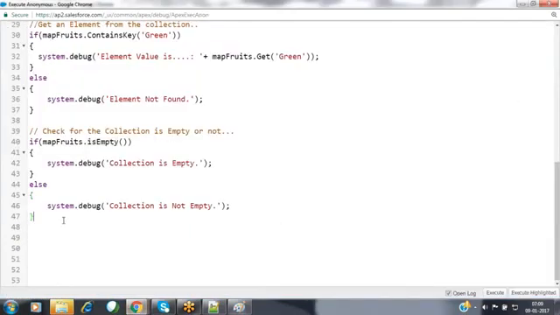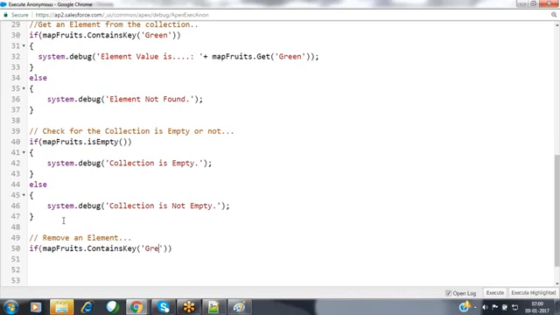The next one, I want to remove an element here. Now whenever I'm removing an element, first of all I would like to verify whether the element exists or not. So for that I'm going to verify map fruits dot containsKey.